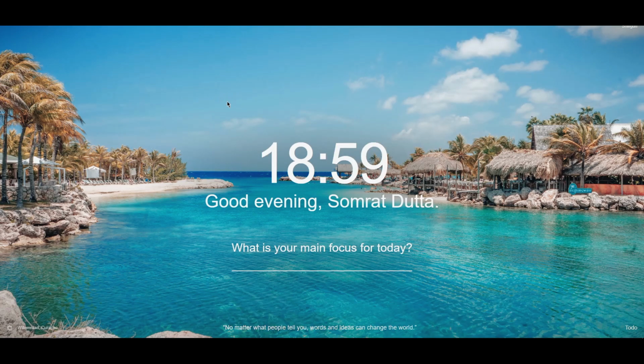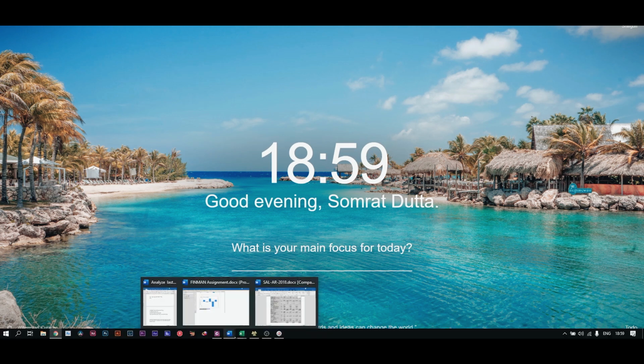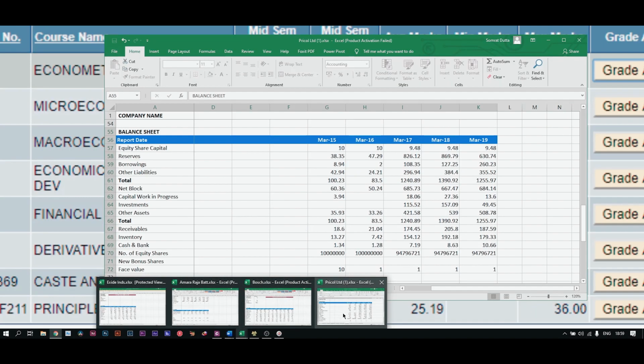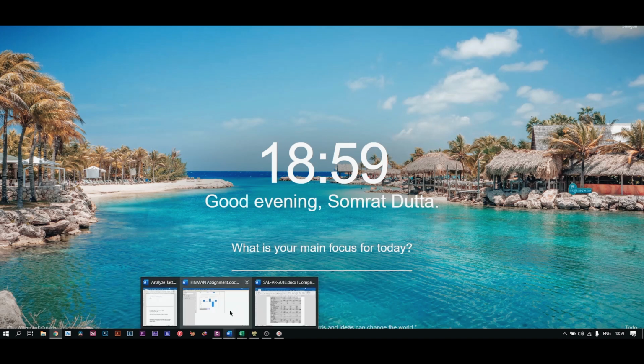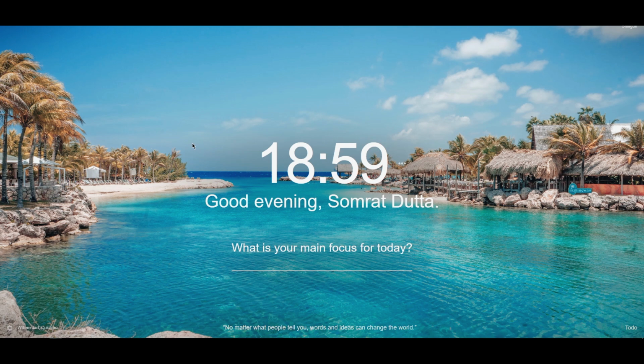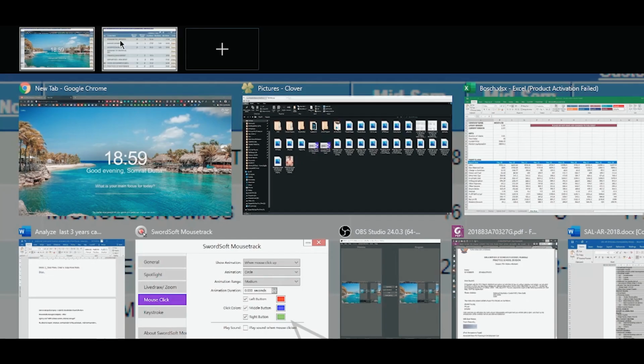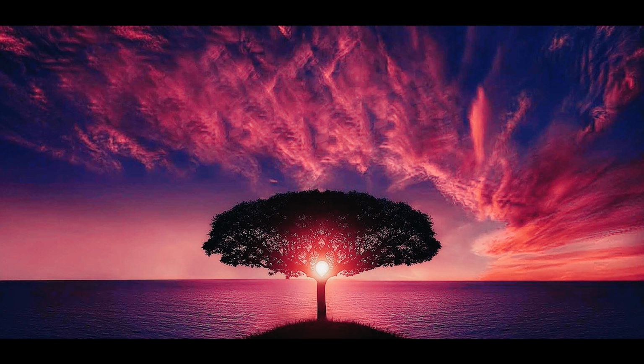The next one is multiple desktop views. What I mean by that, I'm going to show on this desktop right now. I'm using so many applications that are open right now. If your PC is quite powerful, you can use this technique. You don't want to ruin this instance, like all the Excels and all the Word documents that are open right now, but you want a fresh desktop. For that, you can press Windows Tab, go to this desktop and have a clean instance. You can run all the apps here totally independent of the other one.